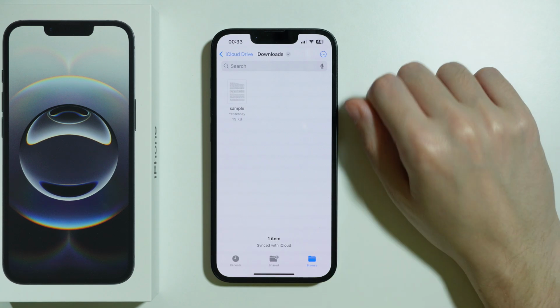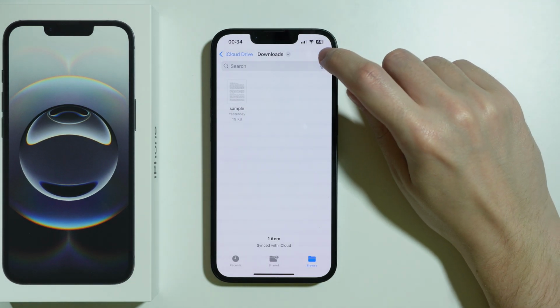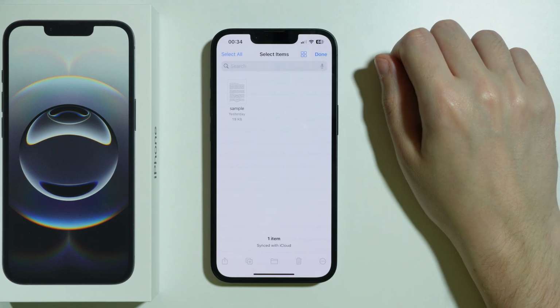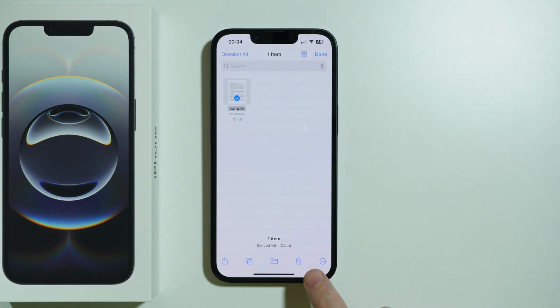And you can do that with multiple items at once as well. In order to do that, we need to tap on these three dots over here in the top right corner and choose select. And then we can keep selecting files that we wish to remove. And after that, we have this bin icon at the bottom that we can press in order to get rid of